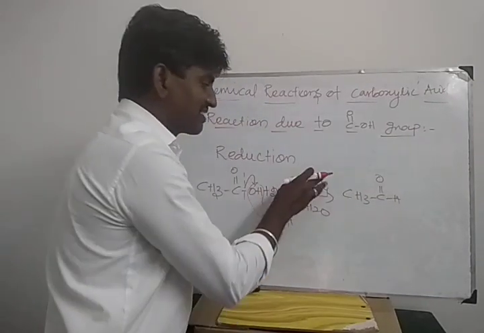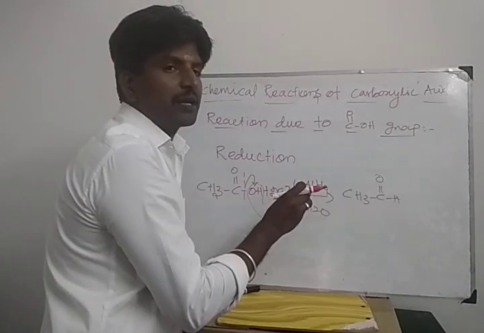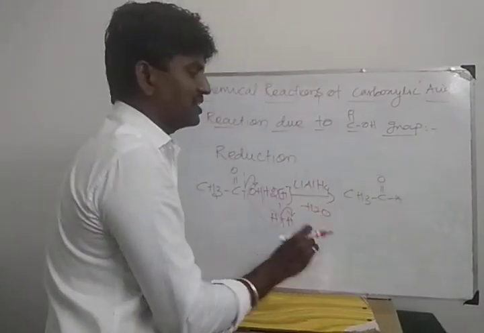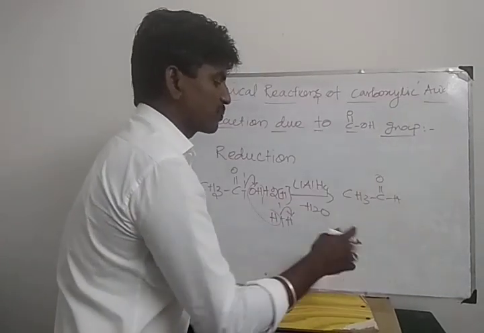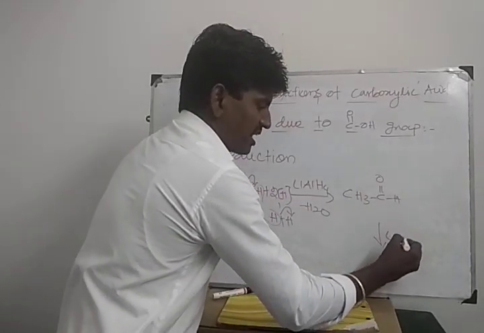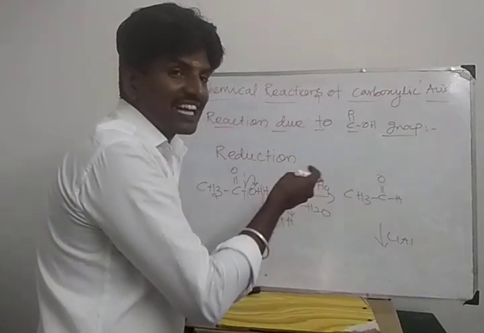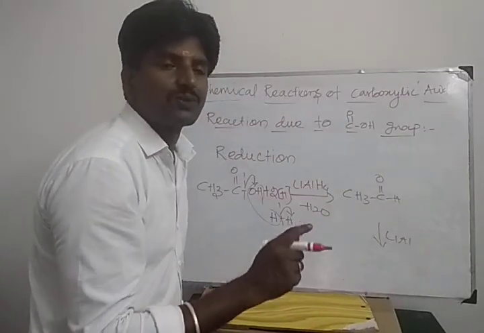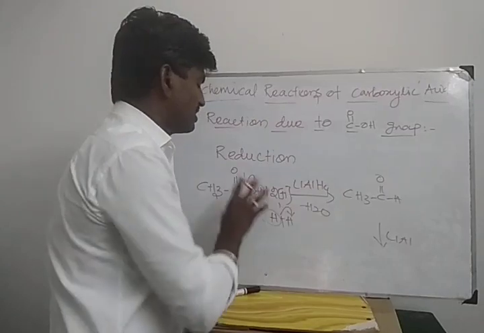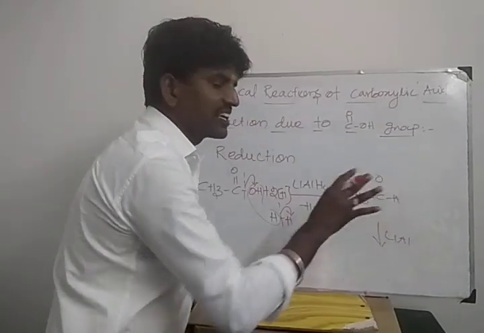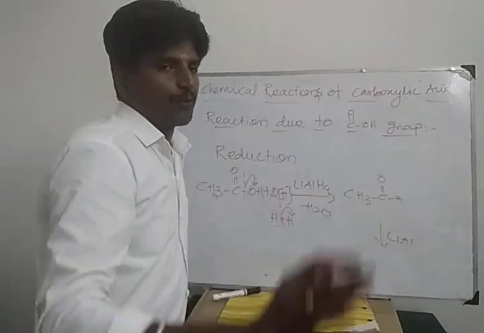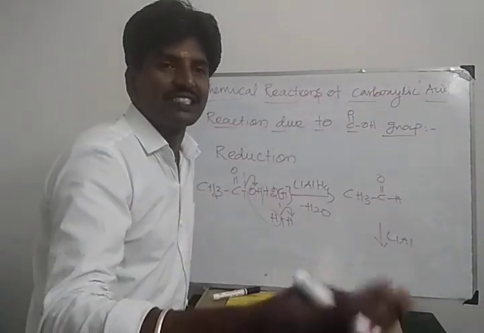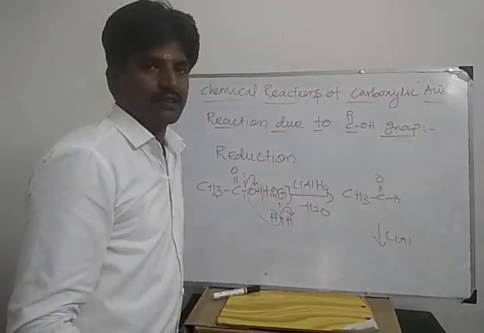This is lithium aluminum hydride. This lithium aluminum hydride is a strong reducing agent. So again this aldehyde is involved in a reduction process. When we add a catalytic reducing agent, how many steps are involved? Just a single step only. So this carboxylic acid is converted into aldehyde. Again aldehyde is not involved in reduction process because catalytic reducing agents are mild reducing agents.